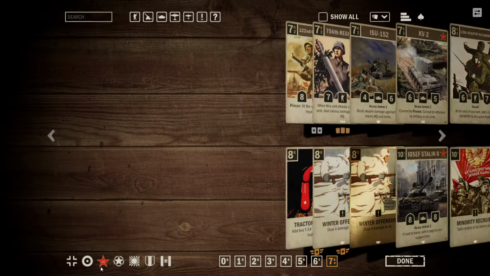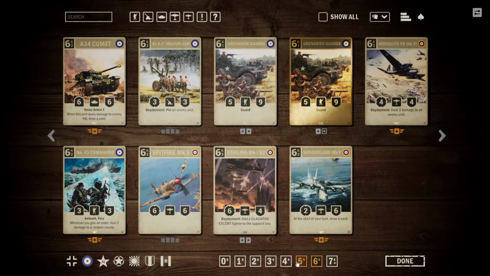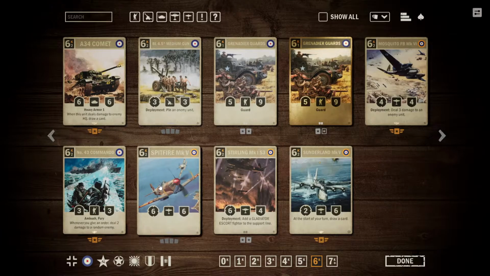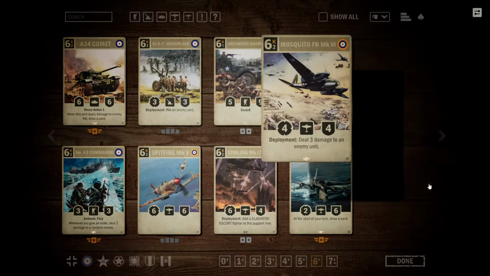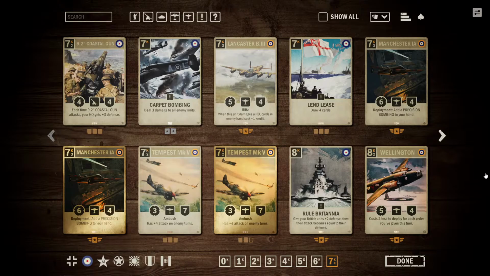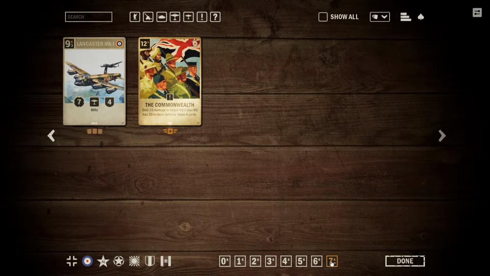But I think it's very important to note that not every deck or nation even has such similar consistency. A lot of nations have a lot of duds. For example, Britain, if we look at their high-cost cards, there's definitely some nice stuff here, but you also have some real stinkers, like the number 43 Commandos or the Mosquito or stuff like that. And even at 7 credits, some of this stuff is at best average, but not anything particularly strong. So I think